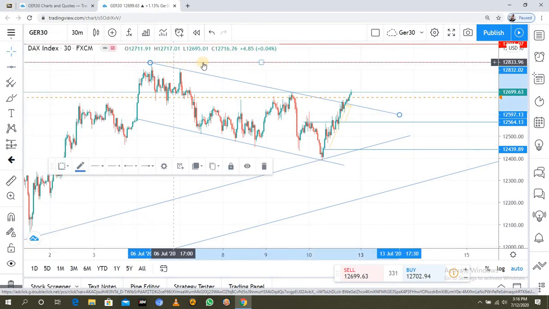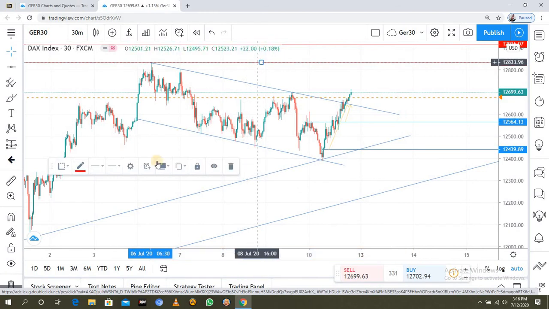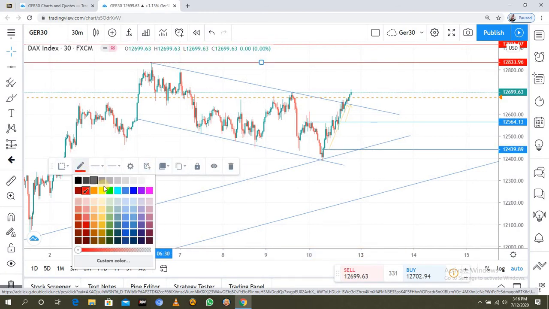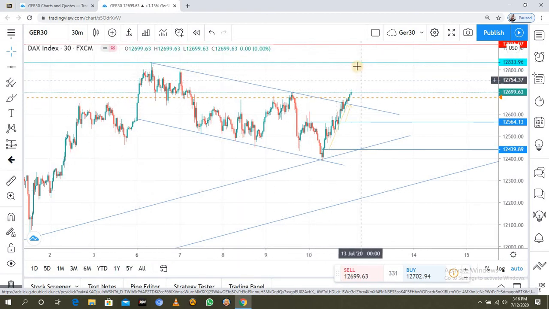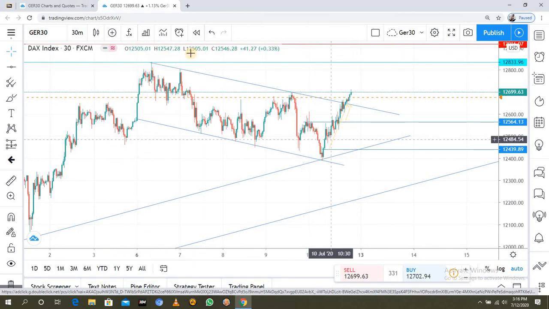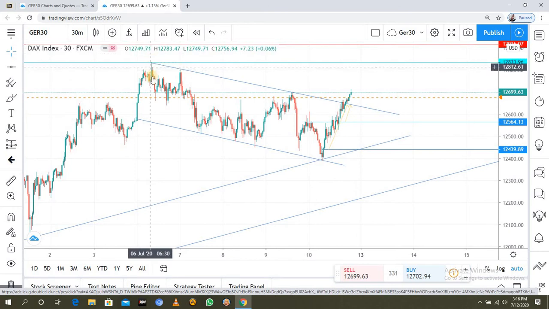You see this? Let me just change the color of this. I want to change the color maybe to green. Yeah, sky blue. They can adjust the take profit to here. They can take their profit there because they are saying this thing is going to break the higher high for the previous